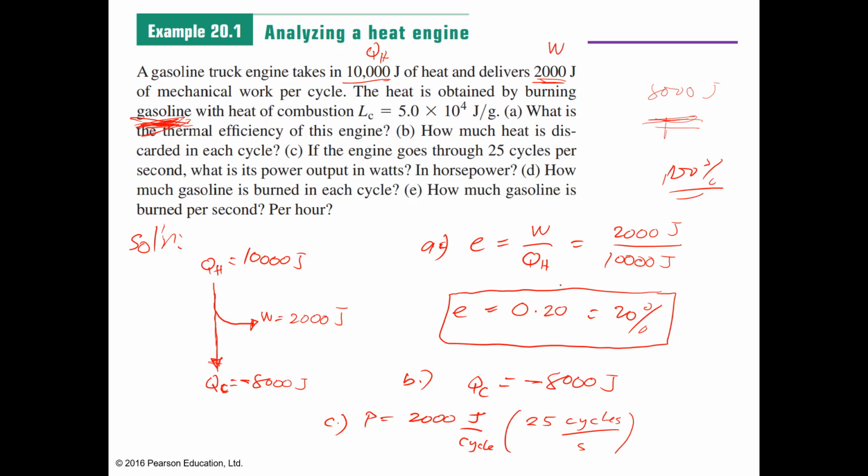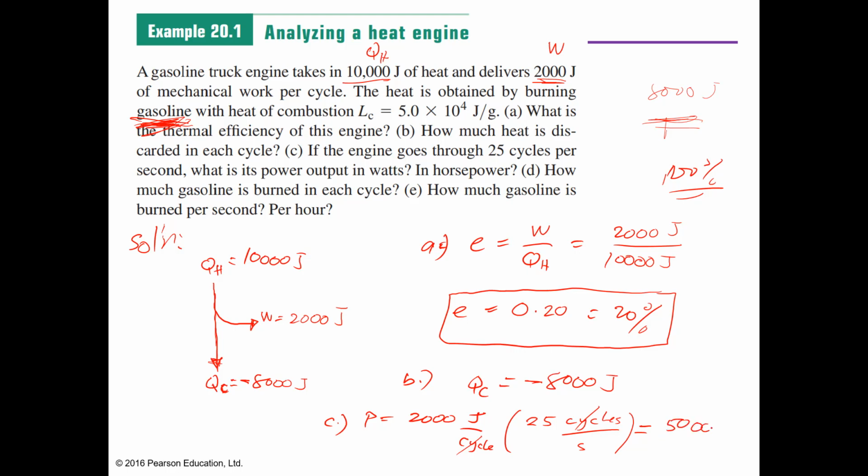Because the cycle will cancel. The remaining unit is joule per second, and joule per second is the unit of power. So in every cycle, 2,000 joules of work, and in every second 25 cycles, the power of this heat engine is equal to 2,000 times 25, so that will be equal to